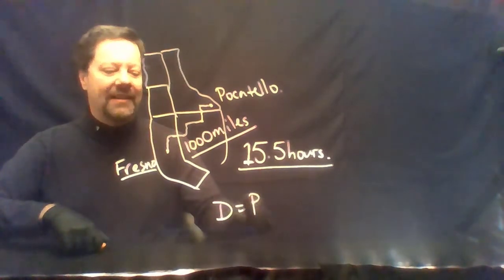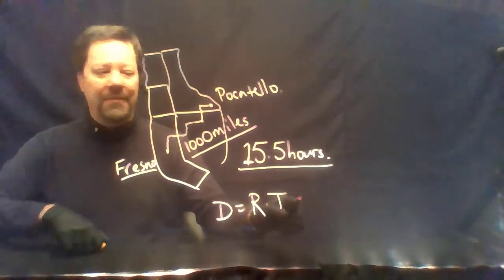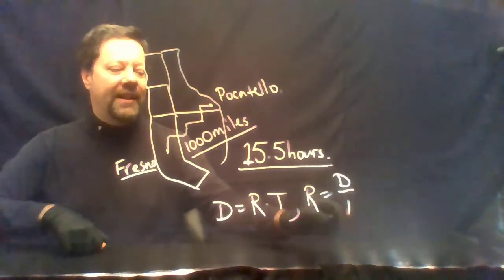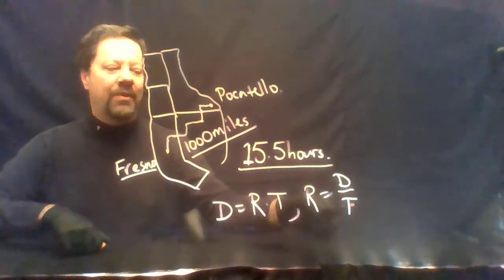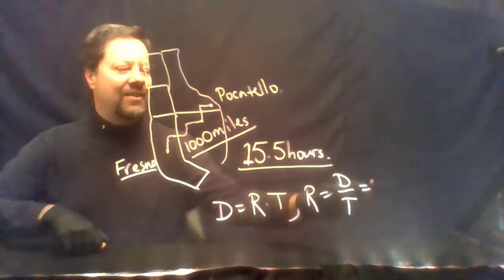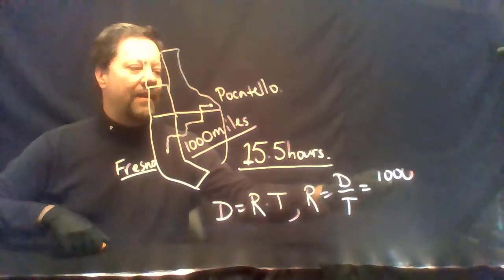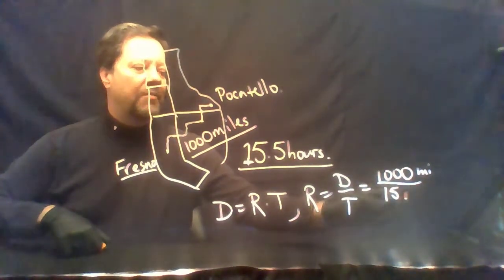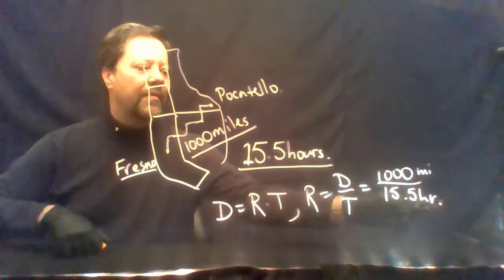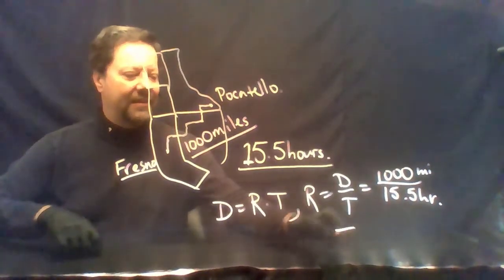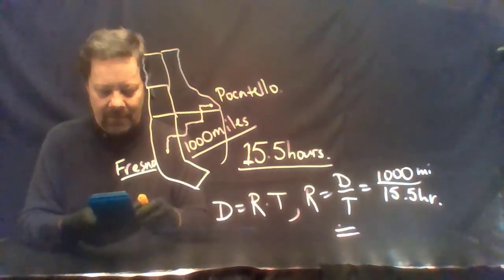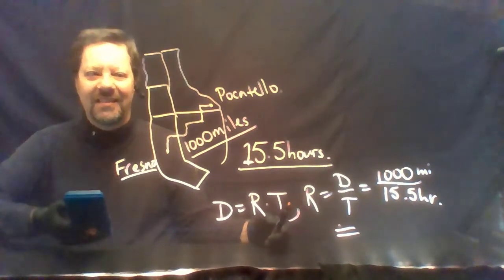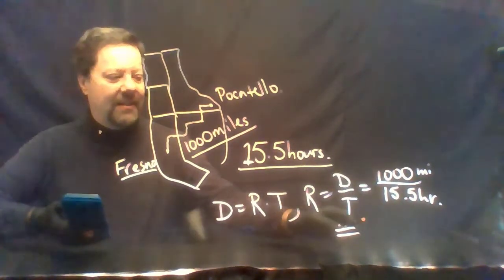Distance equals rate times time, which means then that rate is distance divided by time. Miles per hour. So we can calculate this as 1,000 miles per 15.5 hours. Well, how much is that? My calculator tells me it's about